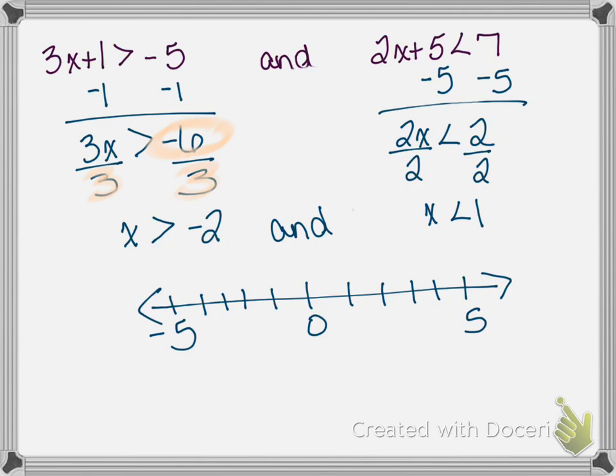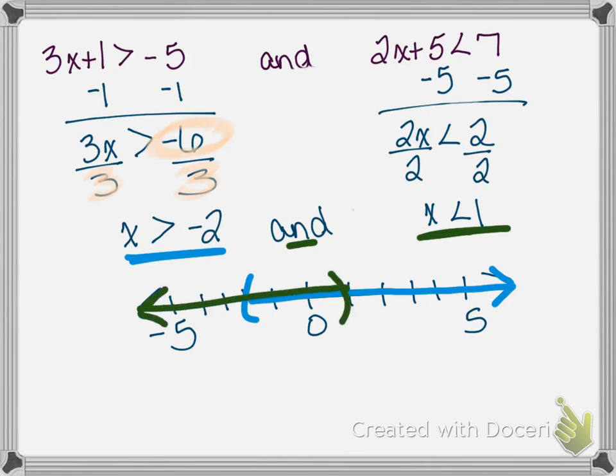So, I'm going to graph x is greater than negative 2. I have a parenthesis at negative 2, and I go all the way to positive infinity. That's for x is greater than negative 2. But I am doing and x is less than 1. So I have a parenthesis at 1, and then I go all the way to negative infinity. So my answer is only what is covered by both. So to write my answer, I think about